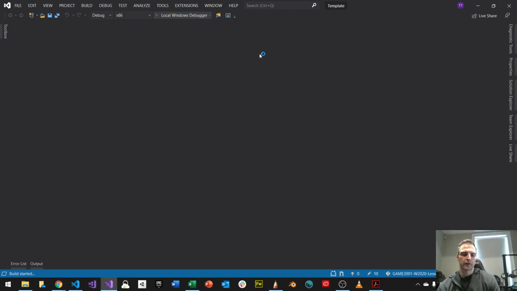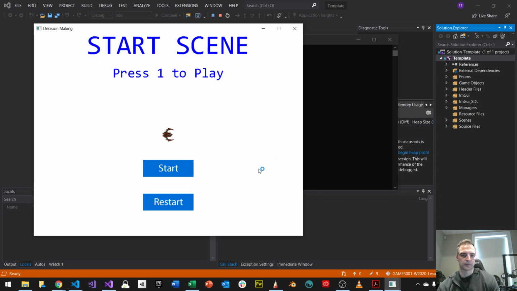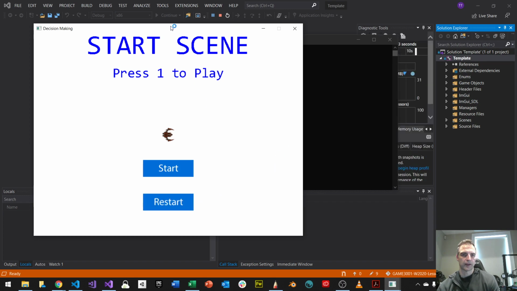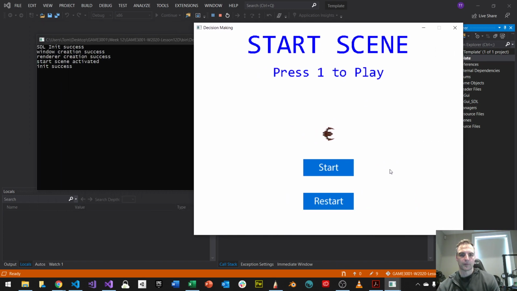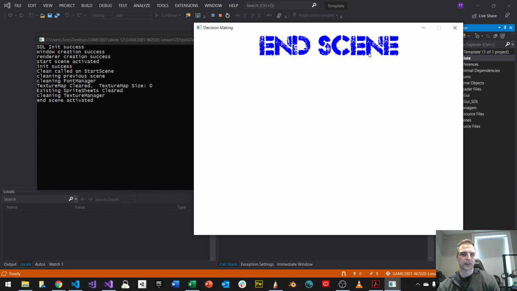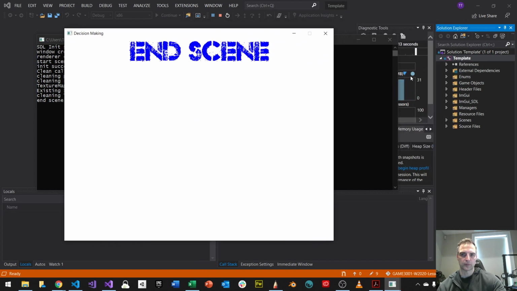Similarly, if I run this again and click restart, I made a restart button. It doesn't matter, right? I could have called it go to the end scene. But if I click the restart button, it goes to the end scene, okay? And also notice that I have, from a memory management perspective, which is important,